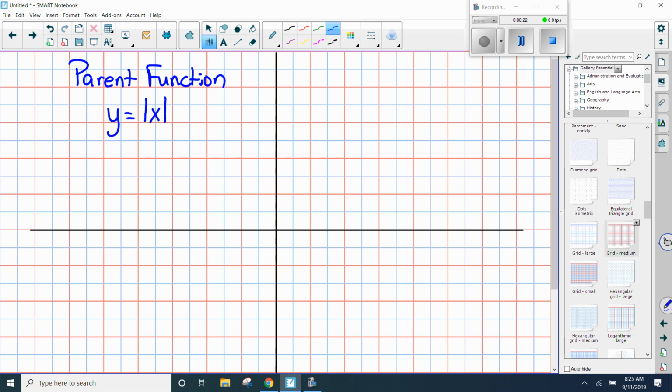If I were to look at that and plot some points, I just picked x values of -3, -2, -1, 0, 1, 2, 3. The absolute value of -3 is 3, -2 is 2, -1 is 1, 0 is 0, then 1, 2, and 3. So if you plot those points, you're going to have the points (0, 0), (-1, 1), (-2, 2), (-3, 3), (1, 1), (2, 2), (3, 3). And your graph